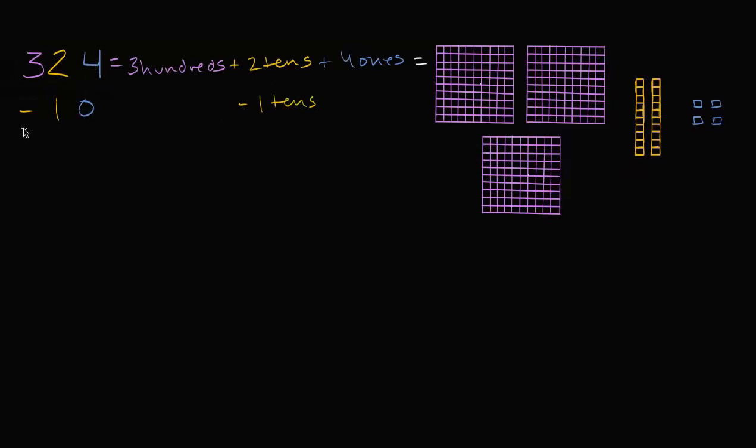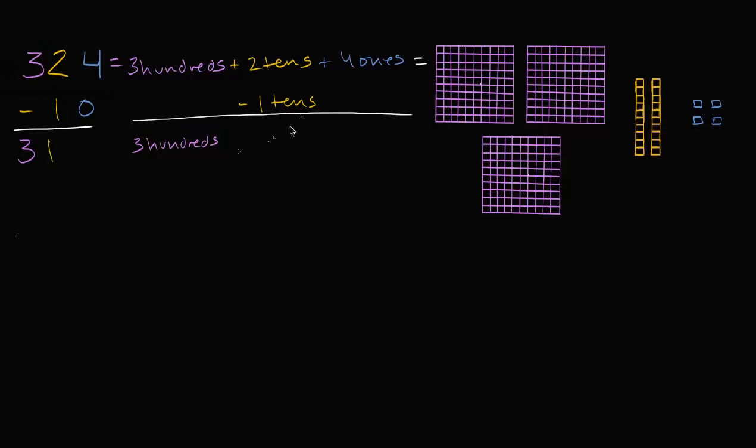So what is that going to get me? Well, my hundreds don't change. I'm not subtracting any hundreds, so I still have 3 hundreds. So I could write that over here. I still have 3 hundreds. I had 2 tens. I'm taking one of them away. So now I have 2 minus 1 is